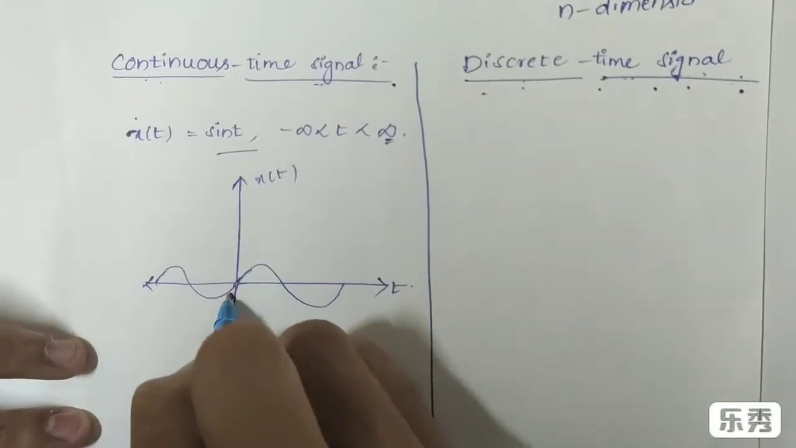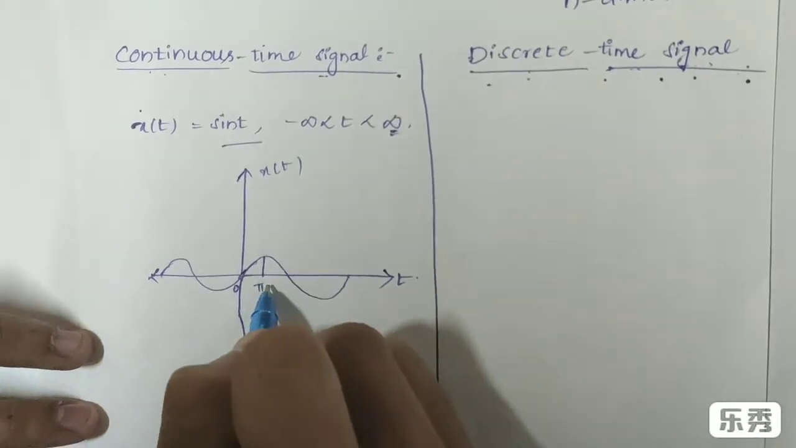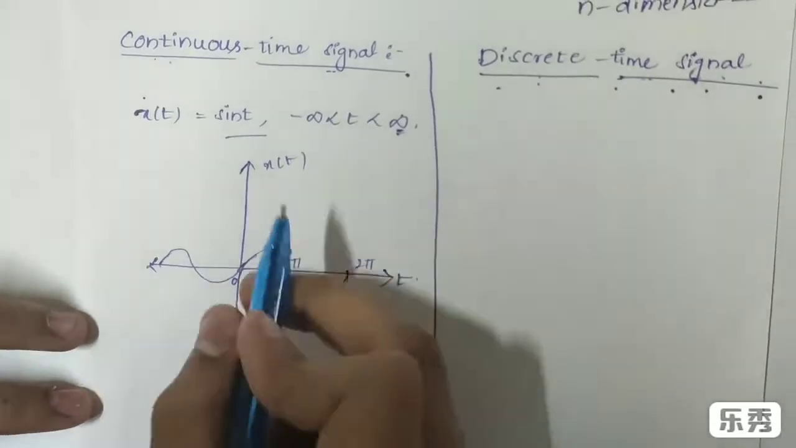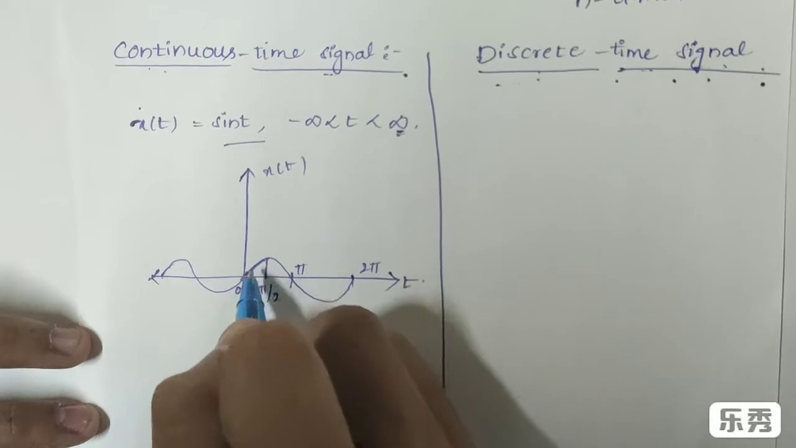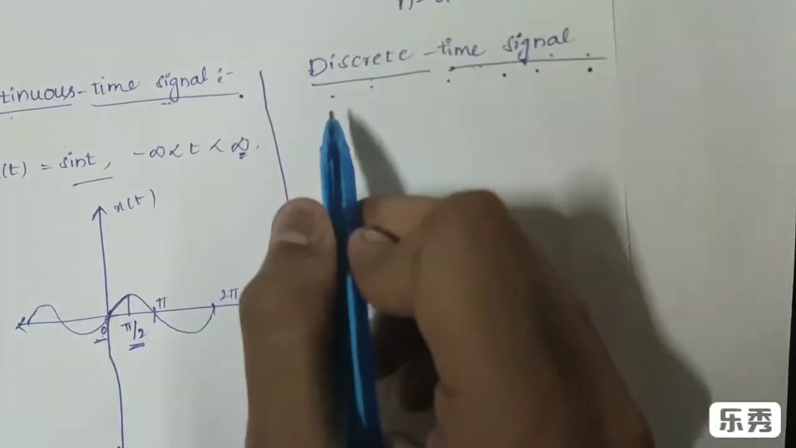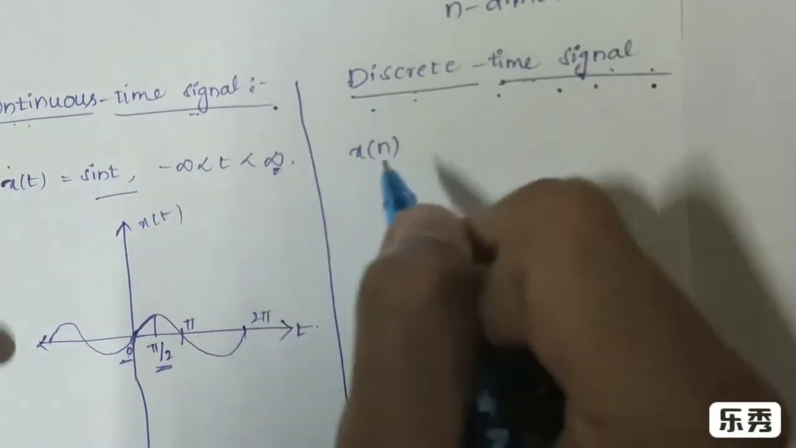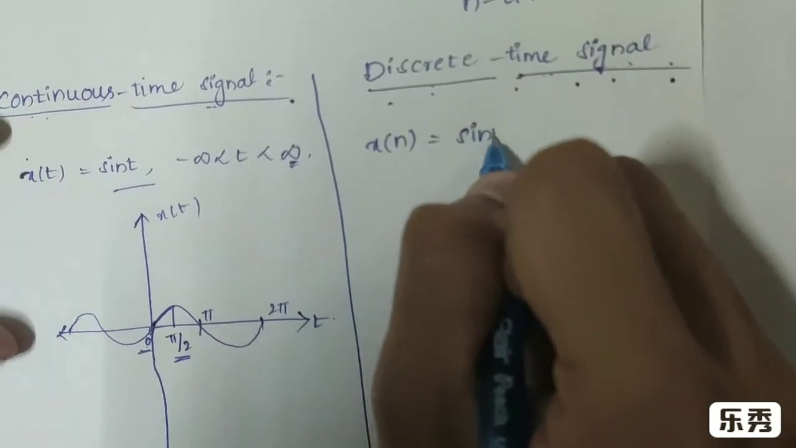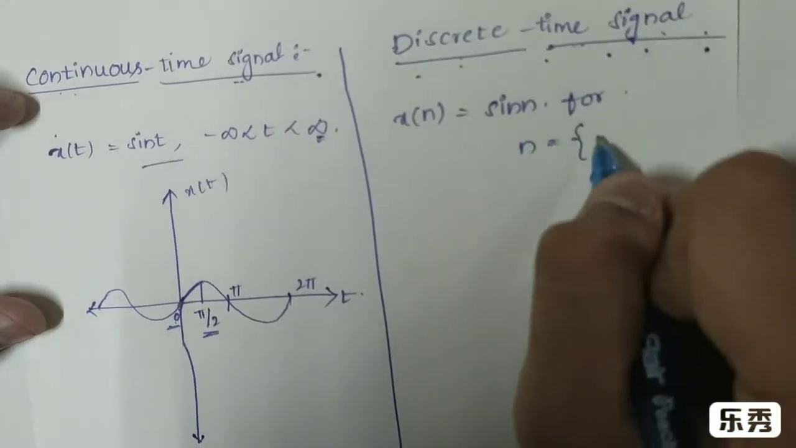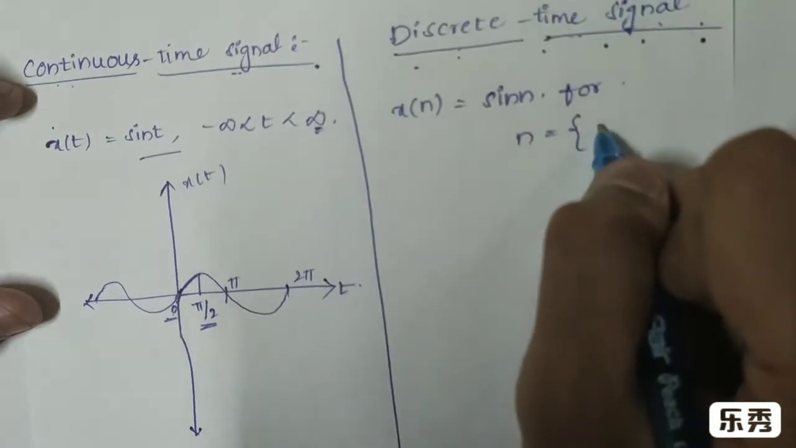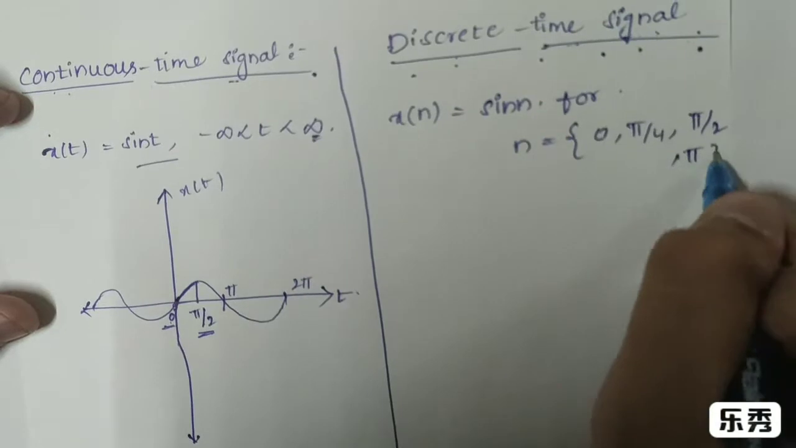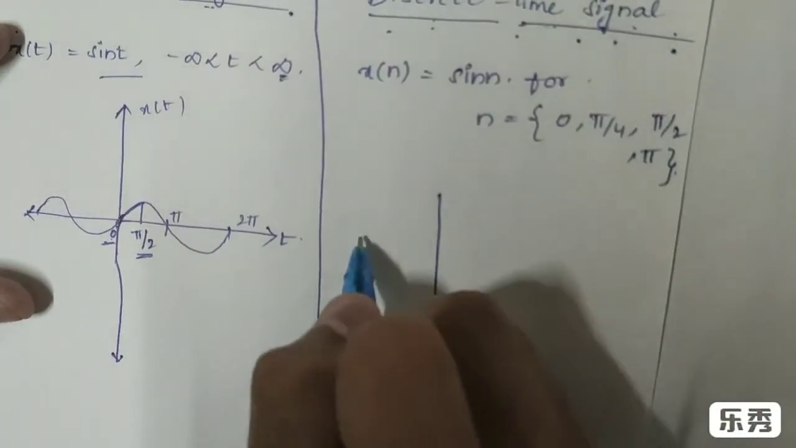Like this is 0 and pi by 2, pi, 2 pi, and we have also defined this signal for values in between 0 and pi by 2. But when it comes to a discrete time signal, which is denoted by x of n, sin n, which is defined for n equal to some values like 0, pi by 4, pi by 2 and pi, the graph comes out to be